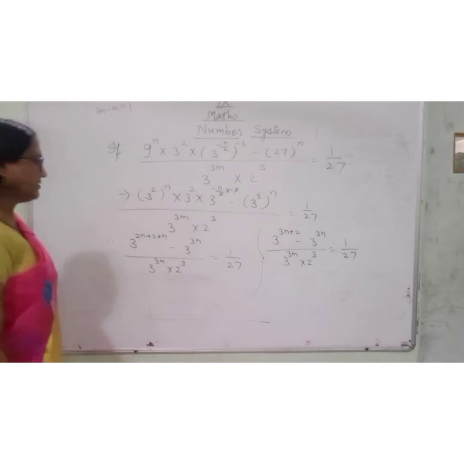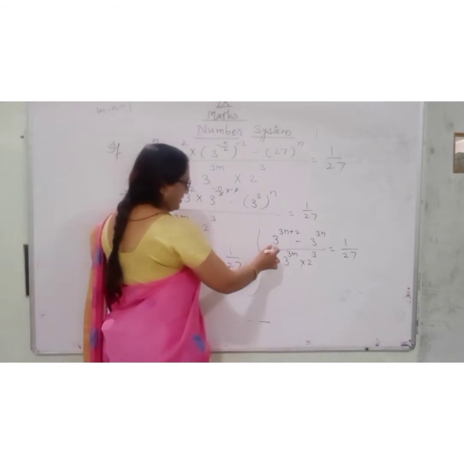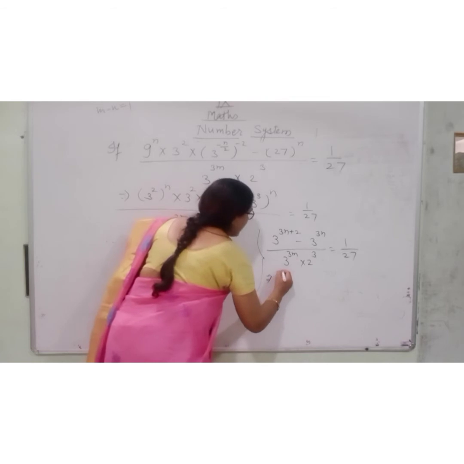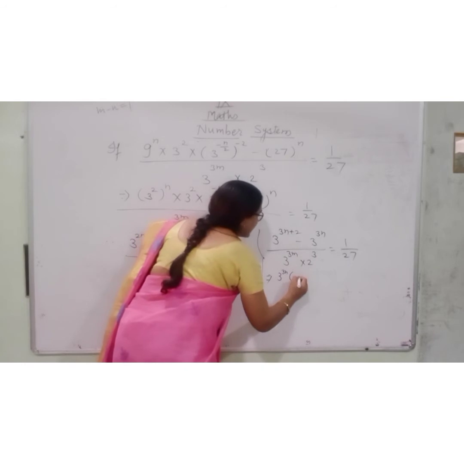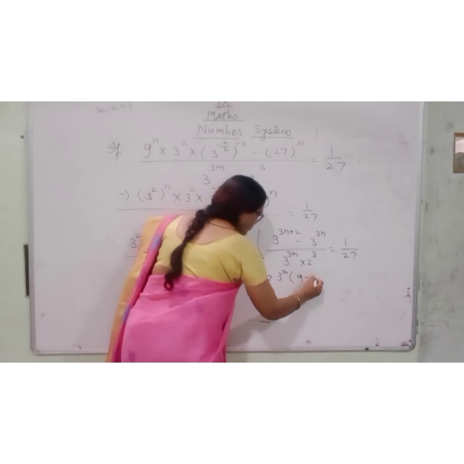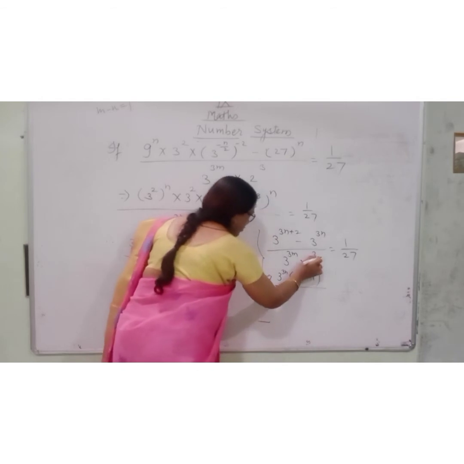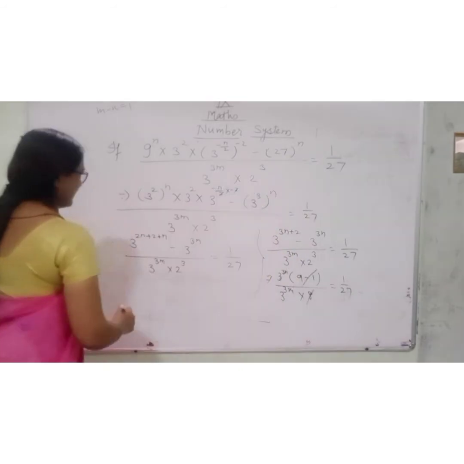Are you getting my point? What I am doing here? Yes or no? Now I am taking 3n common here. Take out 3 raised to the power 3n common. Then here 3 square is left, means 9, minus 3 raised to the power 3n is completely out, so 1 is here only, divided by 3 raised to the power 3n, 2 cube means multiplied by 8, is equal to 1 upon 27. Left part is